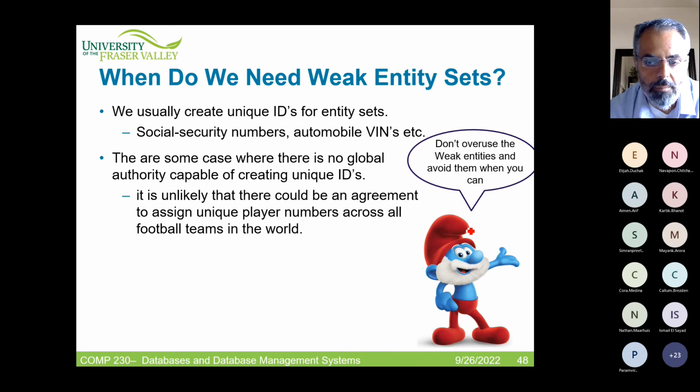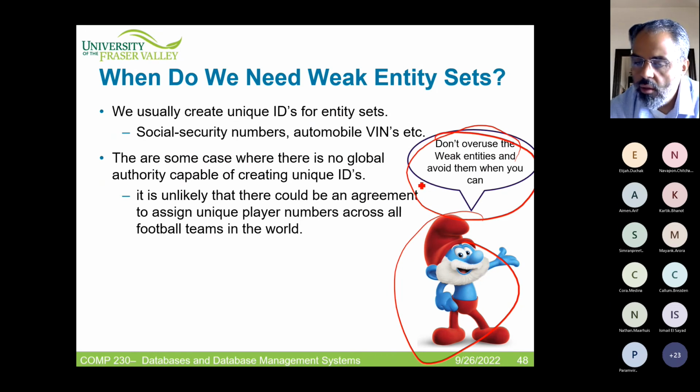So Papa says, don't overuse weak entity. Whenever you can create an artificial one, go ahead and use it. This is why, for example, in the university, they create for you an artificial key, which we name